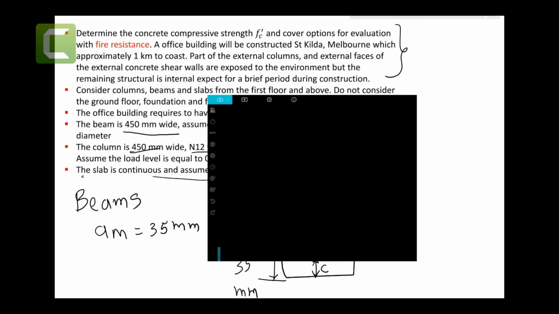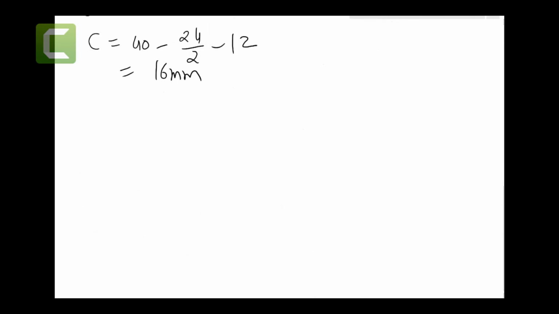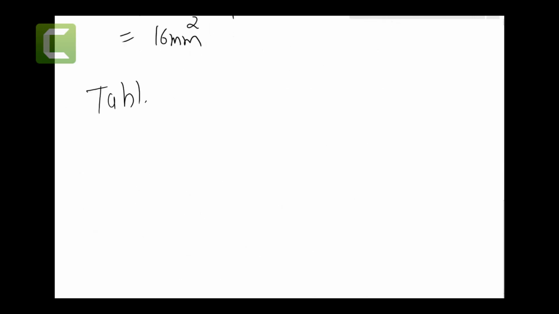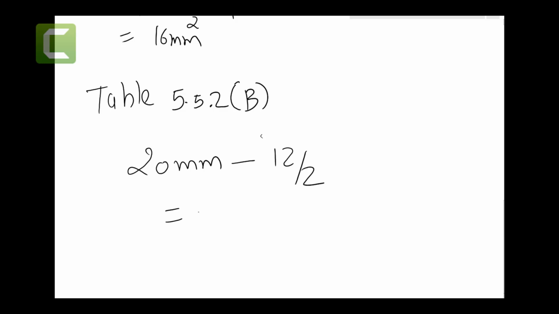So I think if you have the standards, if you go on table 5.5.2b, I think tomorrow in the workshop I will show you that one as well. You will find 120 minutes combined continuous slab one way and two way. You will find 20 millimeters of axis distance. And by the way, in the slab we don't have fitments, so we just need to divide by two for the rib. So it's 10 millimeters. So that's the overall